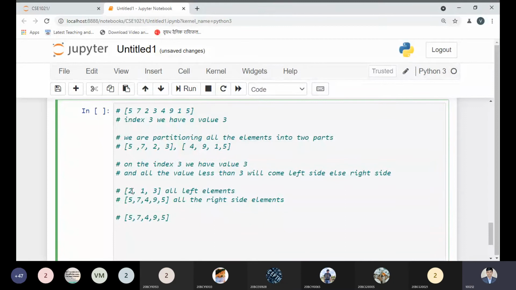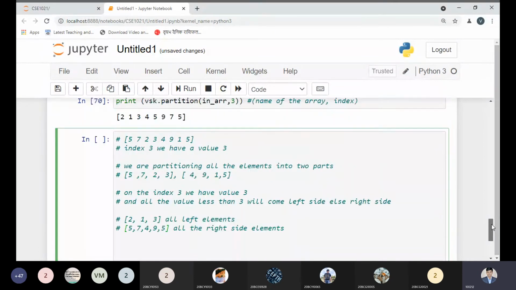Now 0, 1, 2, 3, 5. Now we will see this result, and after seeing all of this, we will find this order: 2, 1, 3 and 5, 7, 4, 9, 5.